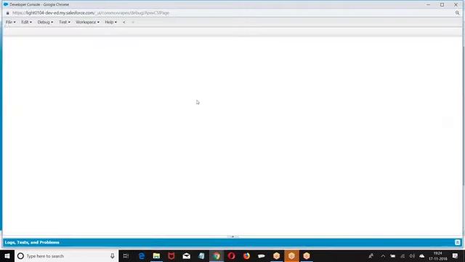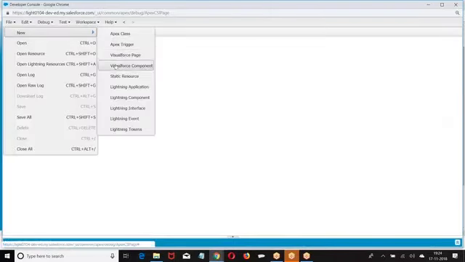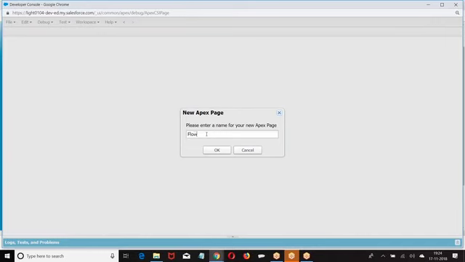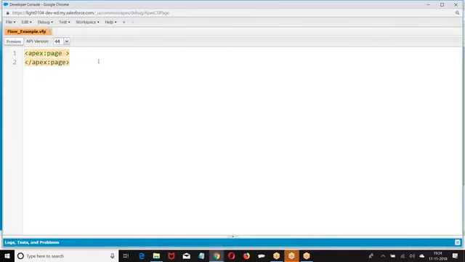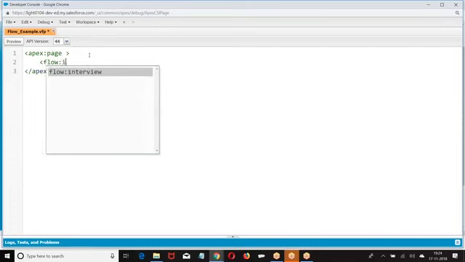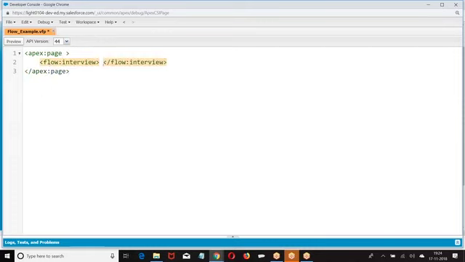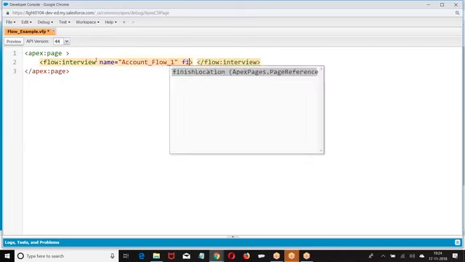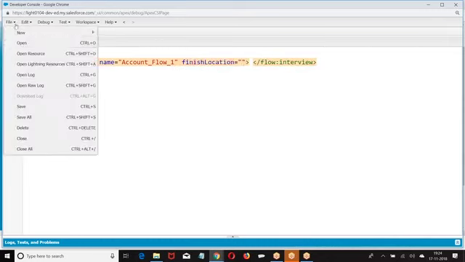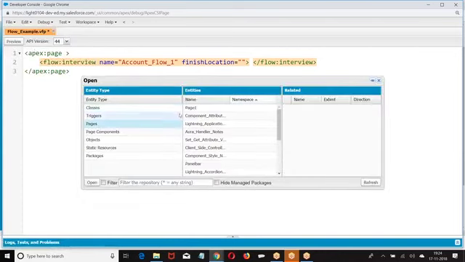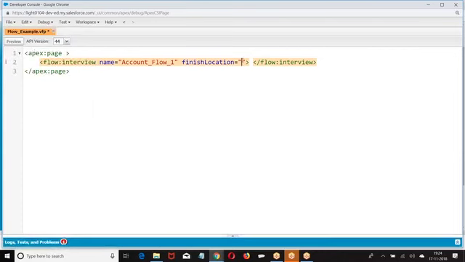Another way of invoking it: flow interview, name equal to, finish location equal to what we defined.